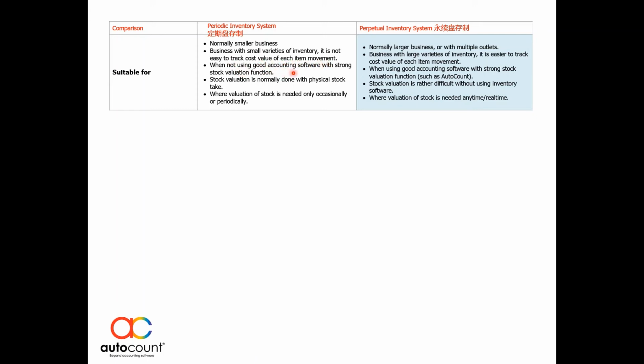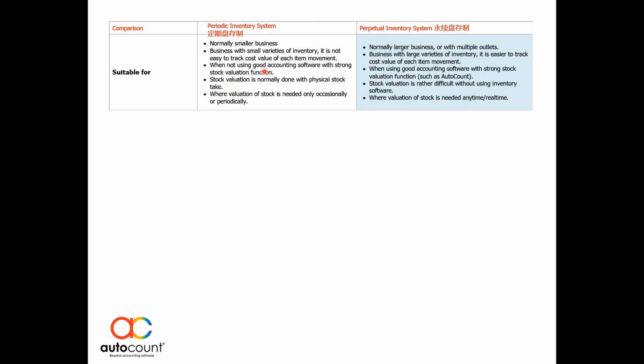When not using good accounting software with a strong stock valuation function, stock valuation is normally done on a physical stock take, where valuation of stock is needed only occasionally or periodically. So the stock valuation is only done as needed to generate the financial report. And normally for the stock take, they will print out the physical stock worksheet in order to take the actual stock